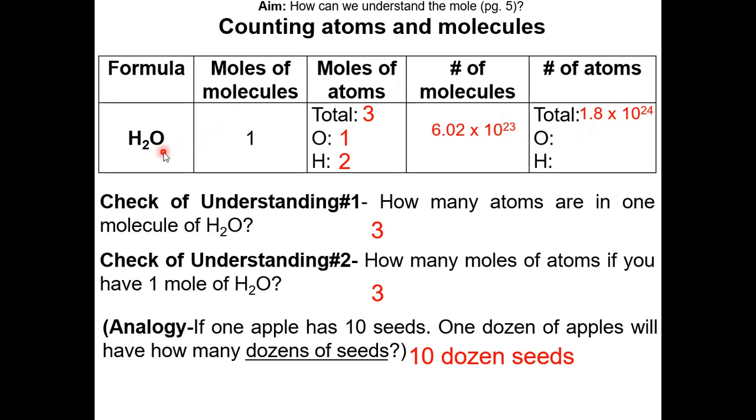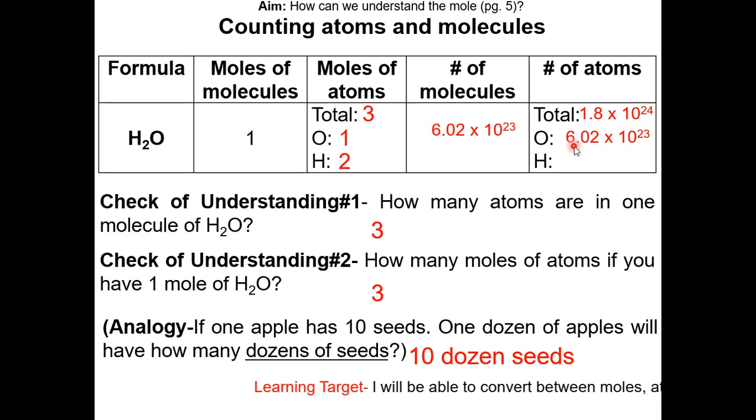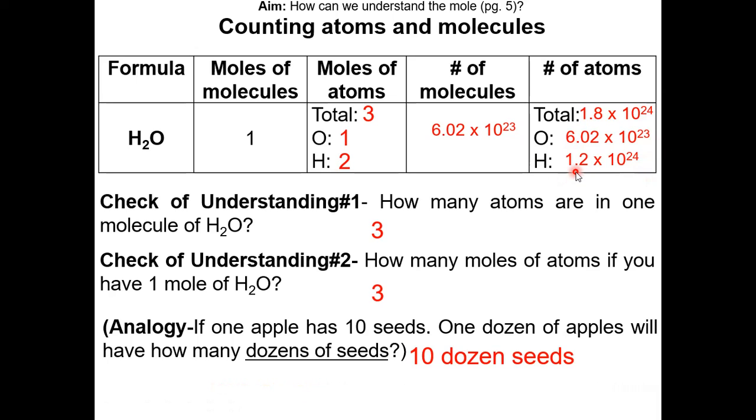Oxygen and H2O are in a 1-to-1 ratio. 1 molecule of water has 1 oxygen atom. So therefore, it will have 6.02 times 10 to the 23rd oxygen atoms. For hydrogen, we have double the amount of hydrogen compared to oxygen. So when we double this number, we get 1.2 times 10 to the 24. Notice if we add up the oxygen atoms and the hydrogen atoms, we get the total. Notice we can get the number of atoms from the moles of atoms if we multiply by 6.02 times 10